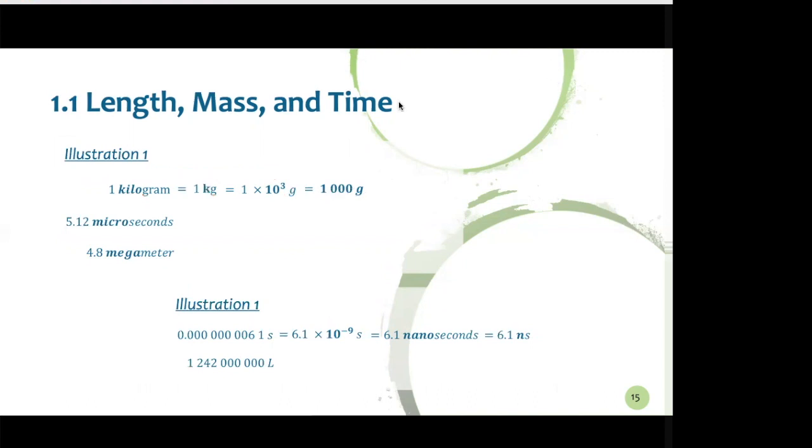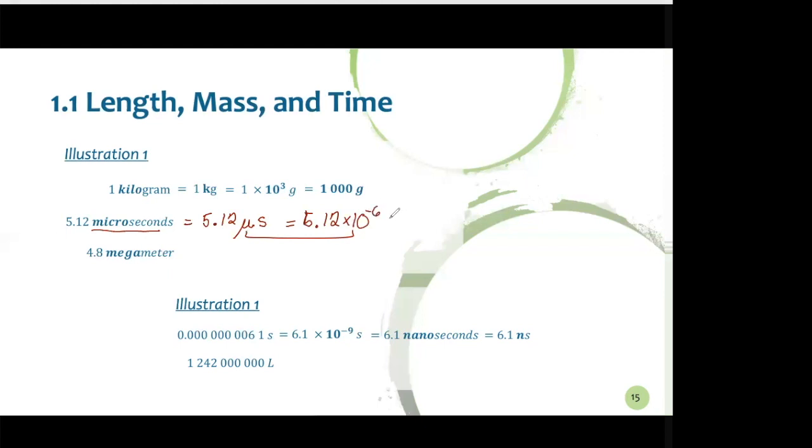So let's try it with microseconds. So we have here microseconds. If I write that, that is 5.12 micro, you write micro this way, seconds. Now, if you still remember, what is micro, guys? Micro is 10 to the what? 10 to the